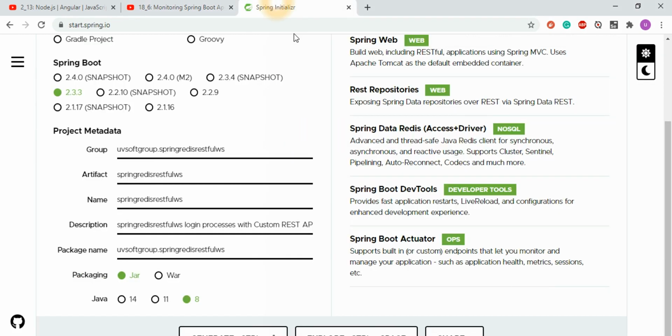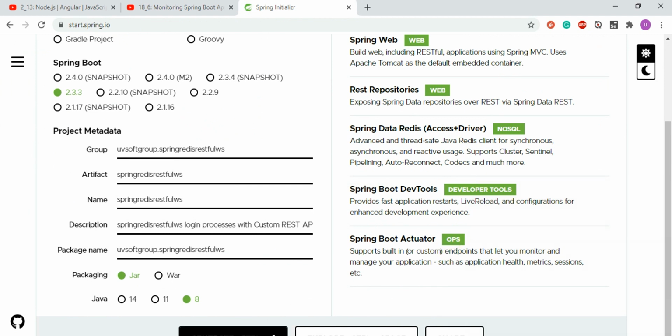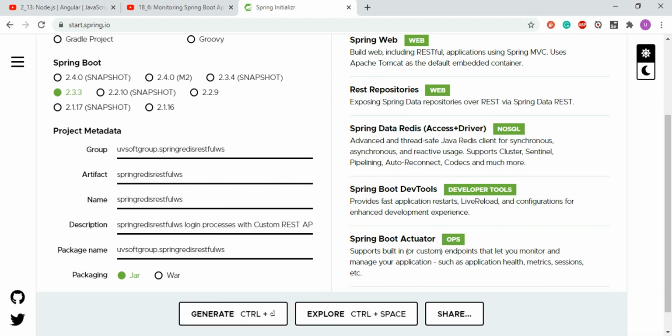So we are here, we checked what dependencies we need, and we just hit generate. You can see it generates, and that's all. If you want, later you can remove it. If you generate it, you see the zip file is generated. You can download the zip file locally and unzip it, and then import this project into your respective